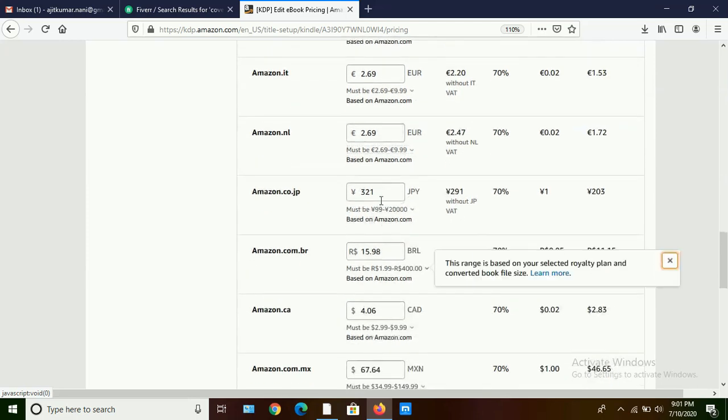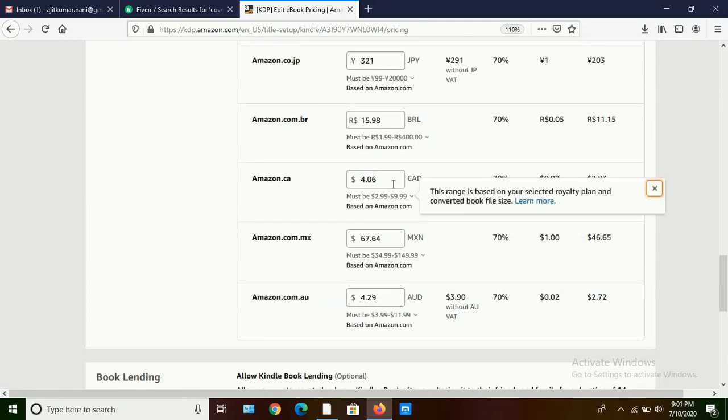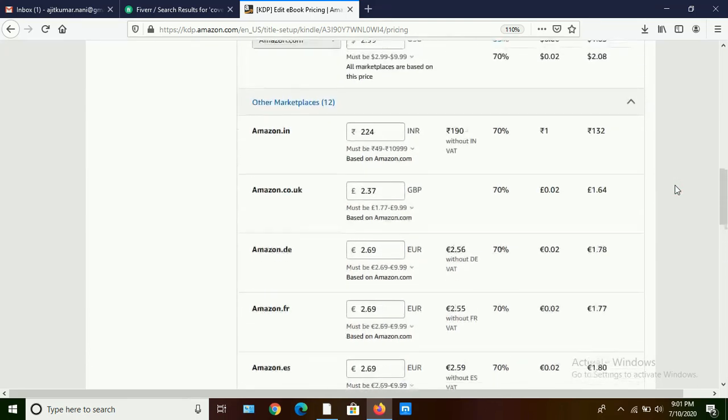In Japan 321 yen, Brazil 15.98, Canada $4.06, Mexico 67.64 pesos, and in Australia 4.29 Australian dollars. This is how our book will be available in different marketplaces.